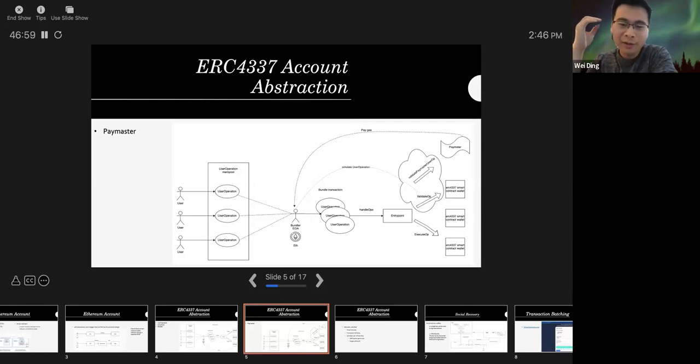Yeah, right now I think all the bundlers are using private mempools, but there are some projects that already propose solutions to support peer-to-peer user operations. But I think it's also a challenge, because the public mempool for user operations is like the public mempool on Ethereum natively, and we could use Flashbots to protect the user operations. Maybe we could have some Flashbots-like solution for a public mempool on user operations, but I don't know the solution.